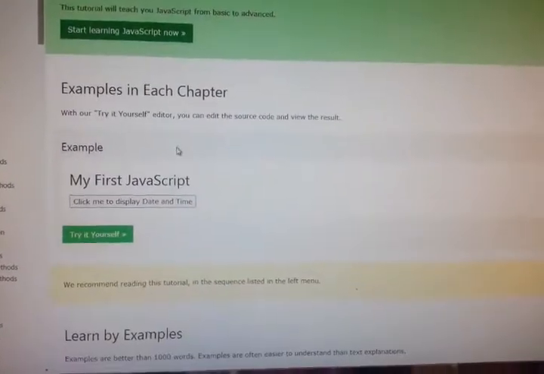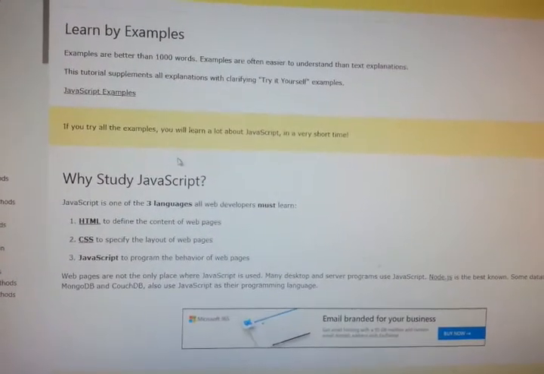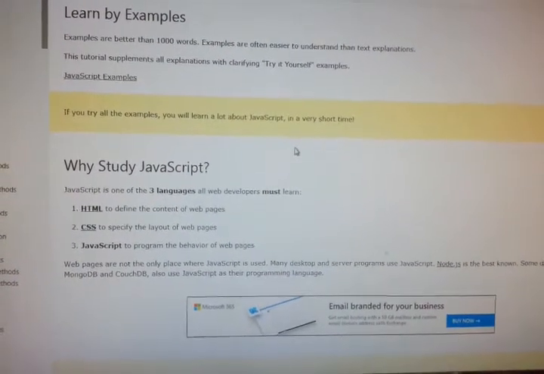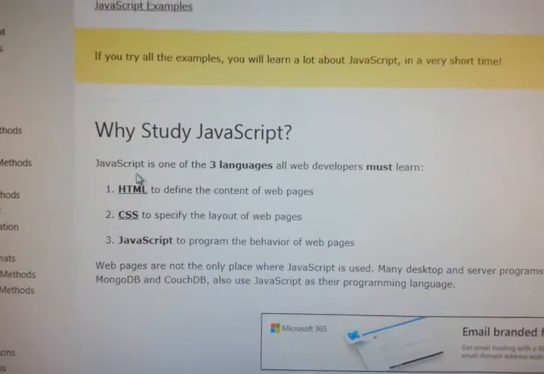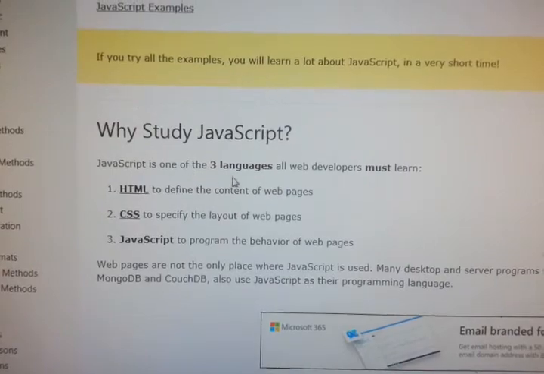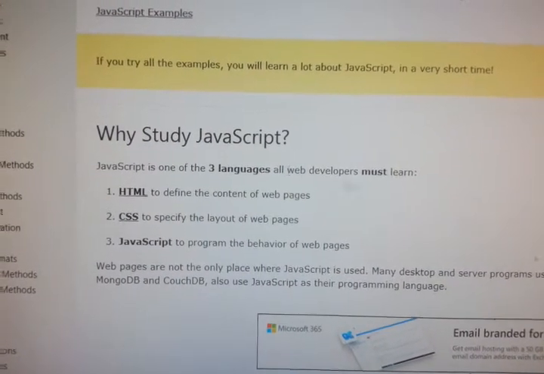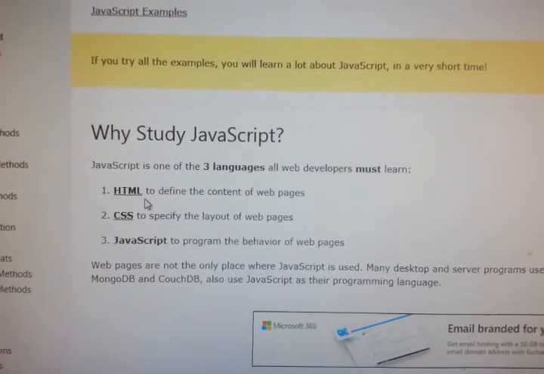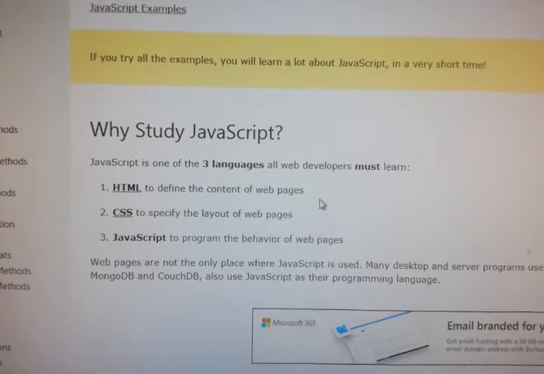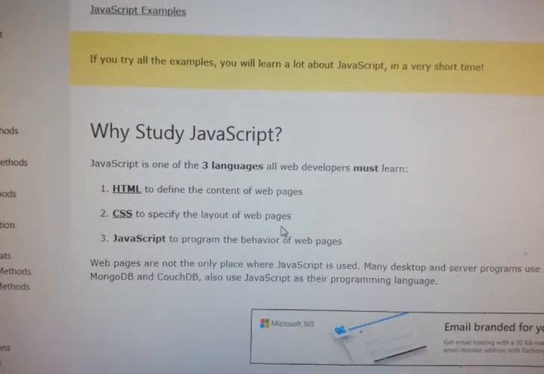Now we'll see about JavaScript slowly with all examples. Why do we need to study JavaScript? JavaScript is one of the three languages all web developers must learn. HTML is the first, to define the content of web pages, then CSS to specify the layout of web pages.